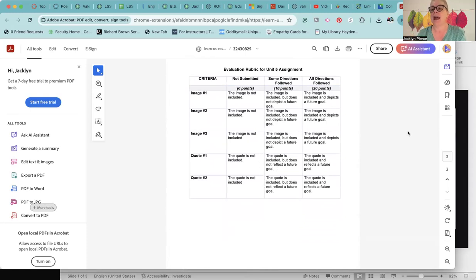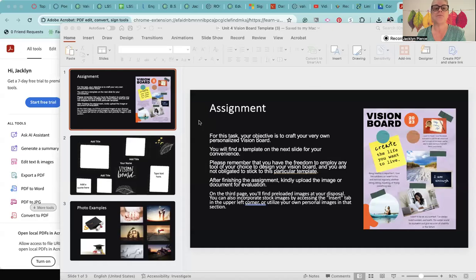So let's look at the template. So the template is already set up in PowerPoint. The template comes with 3 pages now, or 3 slides, as we call them in PowerPoint. The only one, the one that is really your actual vision board, is slide number 2. But slide number 1, obviously, that we're looking at right now, points out what a vision board is, gives you all kinds of information about how to manage a vision board, et cetera, et cetera.